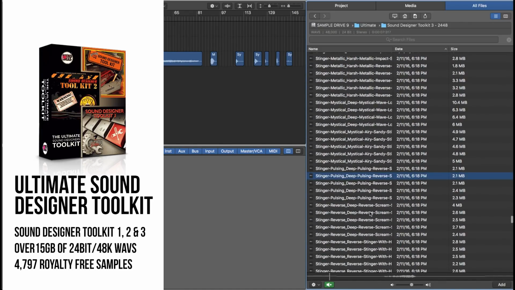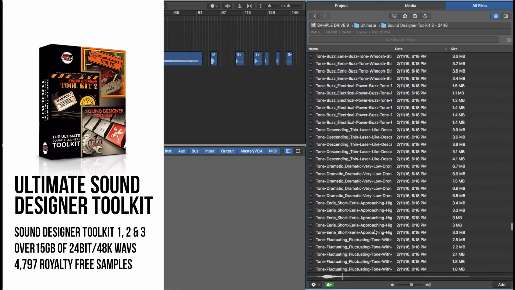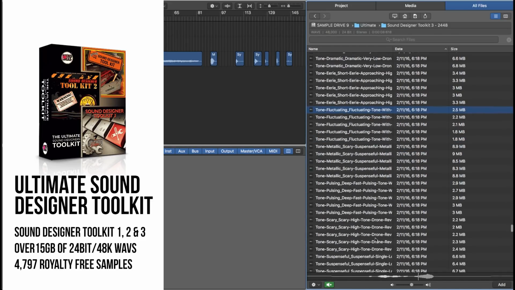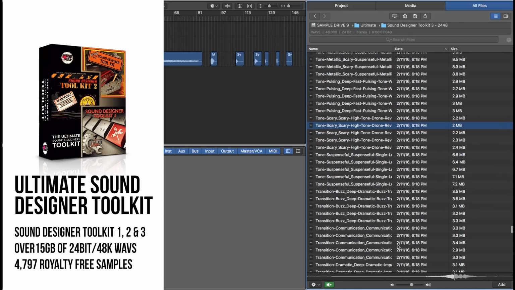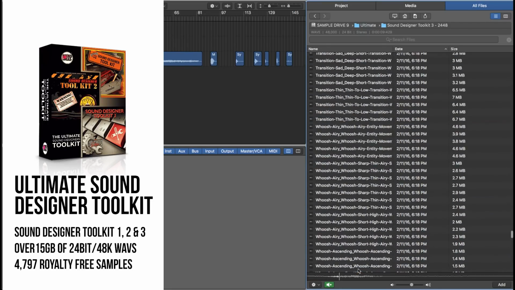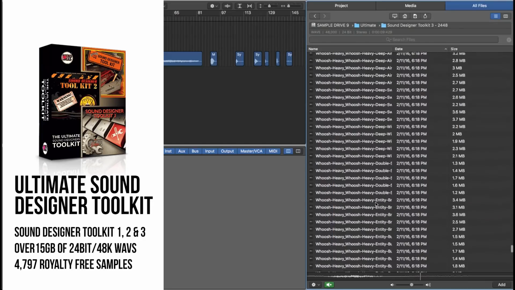Tons of stingers. And some tones. Transitions and whooshes and